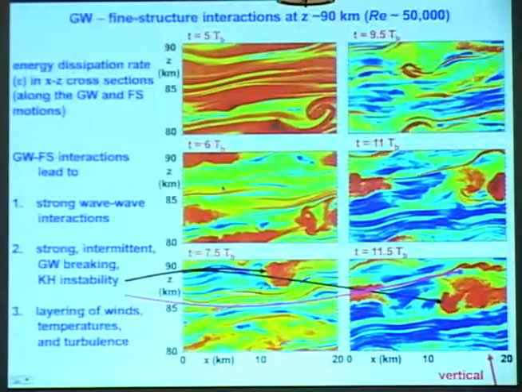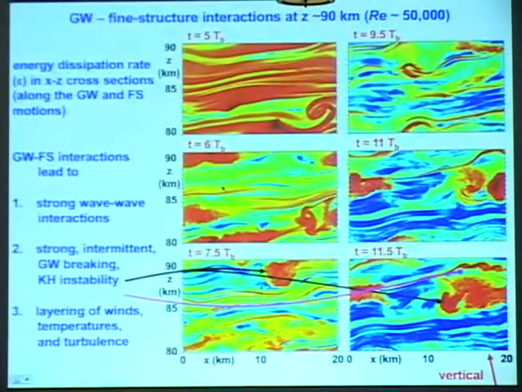So this shows several realizations of this flow, but now in a different field. These are profiles, horizontal and vertical profiles or cross sections of the energy dissipation rate, or epsilon. And red is strong values and blue is very weak values. And again, you can see the individual features of that flow.